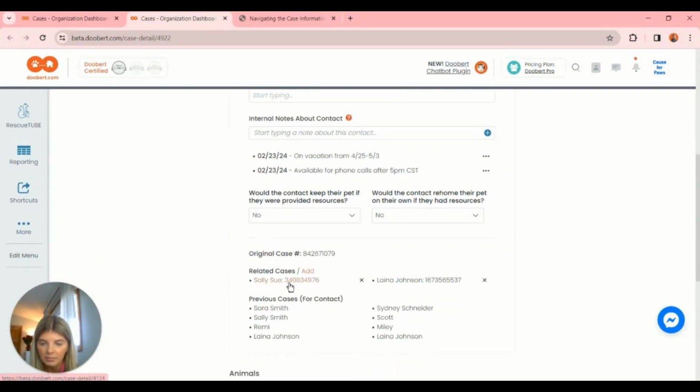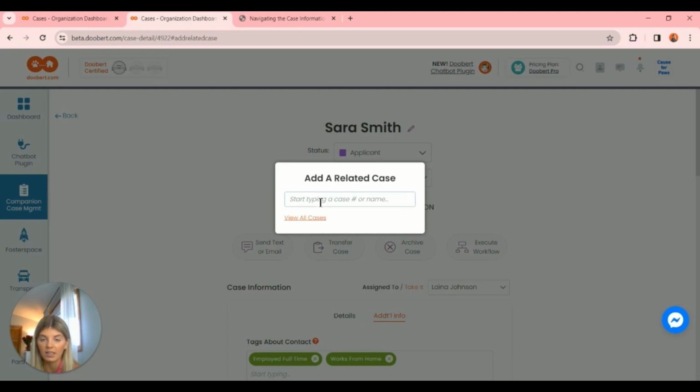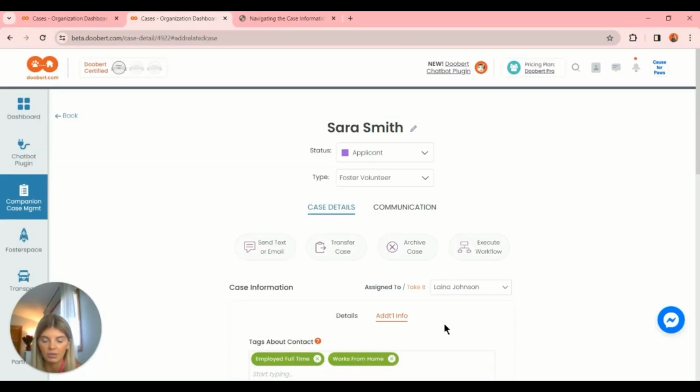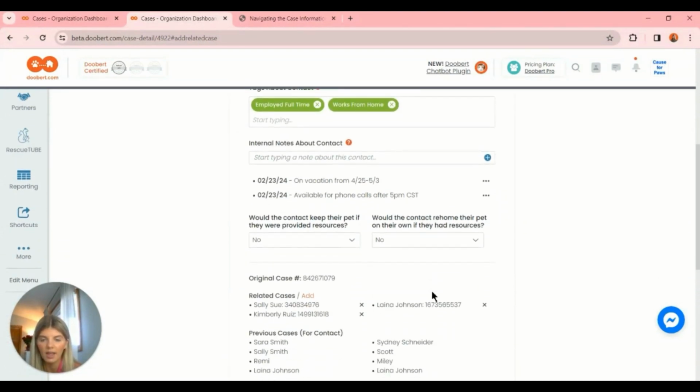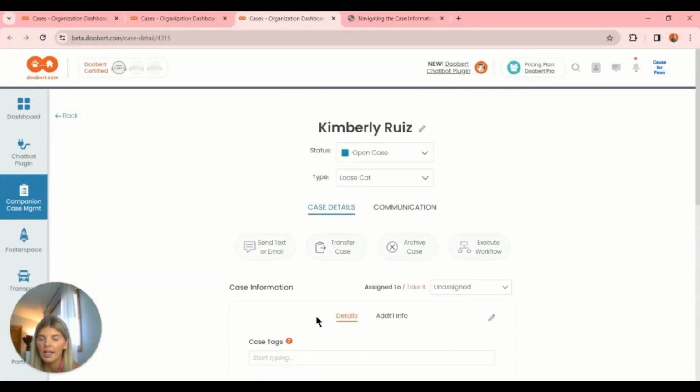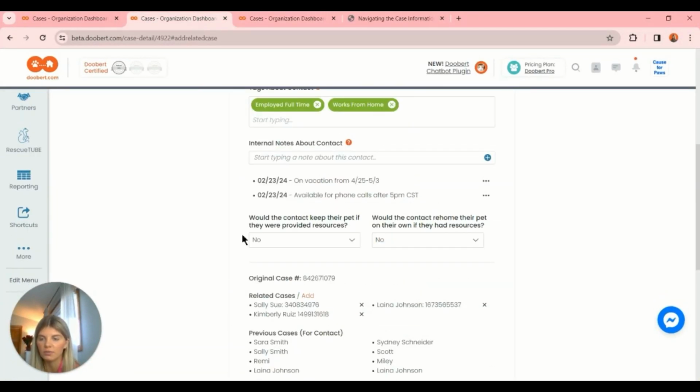So then when we move into adding a related case, what we can do is just click on this add button, and then we can search a case by name, or we can put that ID in. So if I just want to search one of mine and add this one in, I can do that right there. And then now we can link into this case as well once we've added that. So yeah, just a really great resource for organizations to keep track of their similarities and really